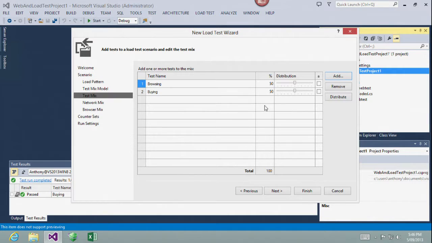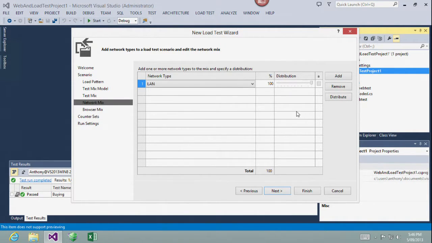Now that could be a large number of tests to get a reasonably accurate load. In terms of browsing and buying, there's typically going to be a lot more browsing than buying. But that may change as we approach traditional gift-giving seasons. So as we come to, let's say, Christmas at the end of the year, we might have to rerun these and tweak it a little bit more because we have more purchasing occurring at that time.